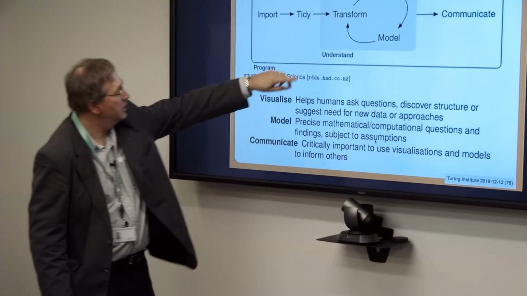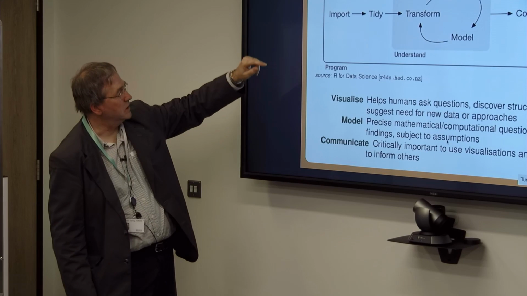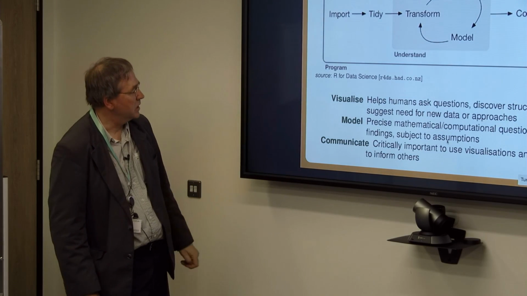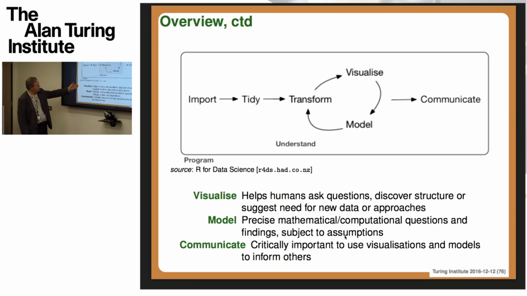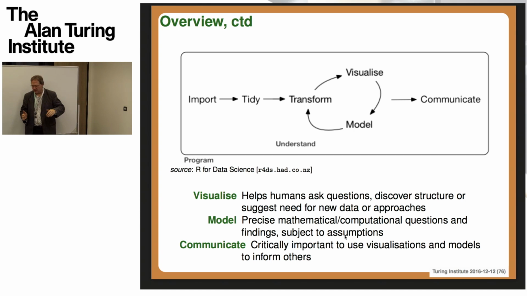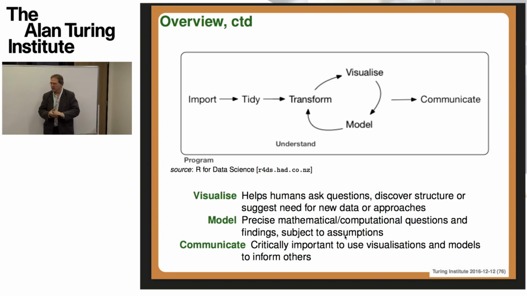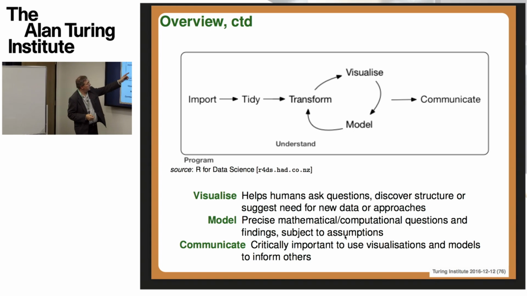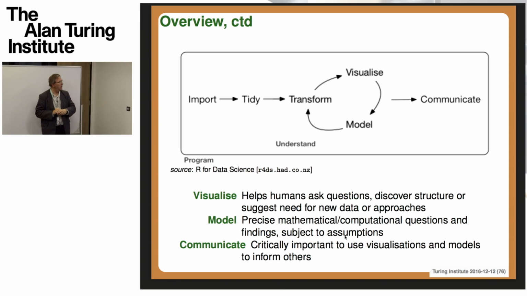Then in the middle is the set of important boxes: transform, visualize, model. Transformation might be to take some of our variables that we've imported and tidied and change the units, or combine them by adding, or apply some functions to one or more of the variables. So often we'll want to do those sorts of transformations, and we need to have the tools available to do that. Once we've done that, then we might want to visualize, so produce some sort of graphic, or even animated graphic, of what we can now see in this transformed set of variables.